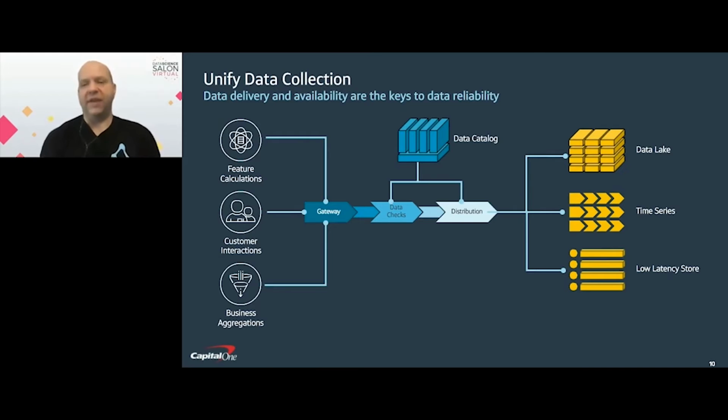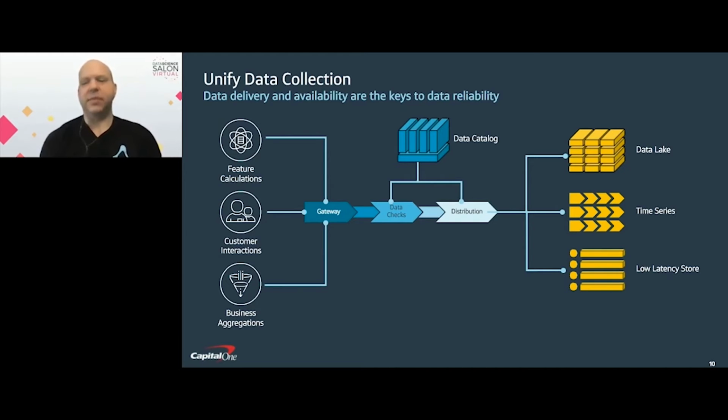So here we have it being split out into 3 separate data stores. A data lake, a time series, and a low latency store. You'll see that these kind of fit the previous requirements that we had for retrieving data. Data lake is going to obviously do very well at bulk retrieval. A time series gives us an interesting view of data that may change frequently and that we need to address for windowed calculations on machine learning models. Low latency store will give us the very fast access that we need.